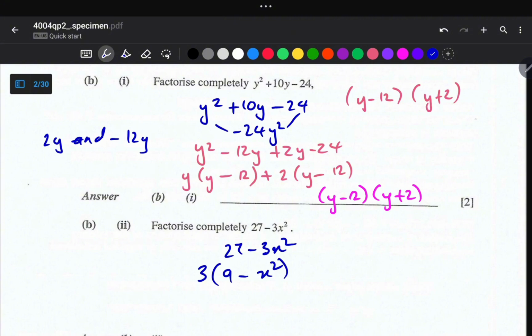So it is now 3 multiplied by 9 minus x squared. Inside this bracket we have a difference of two squares, so we can factorize it further. So it is now 3 multiplied by x